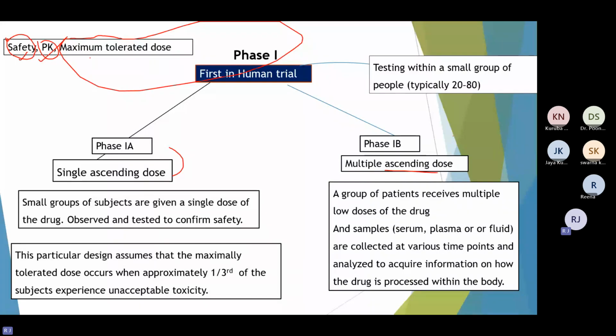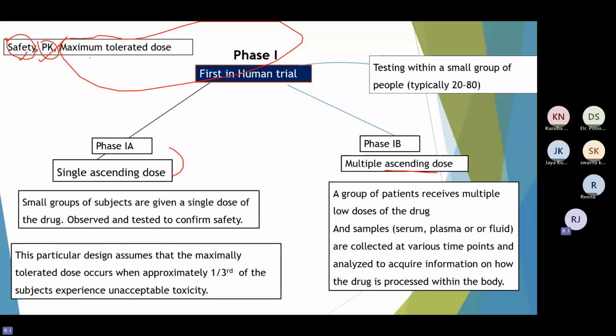We'll try to learn with the help of an example. Okay, so in phase 1A what happens? A small group of subjects are given a single dose of the drug. Okay, for example, they select 30 people, they give 30 mg of a drug, and they observe for 7 days, and they take the blood and perform their assessment. Okay,